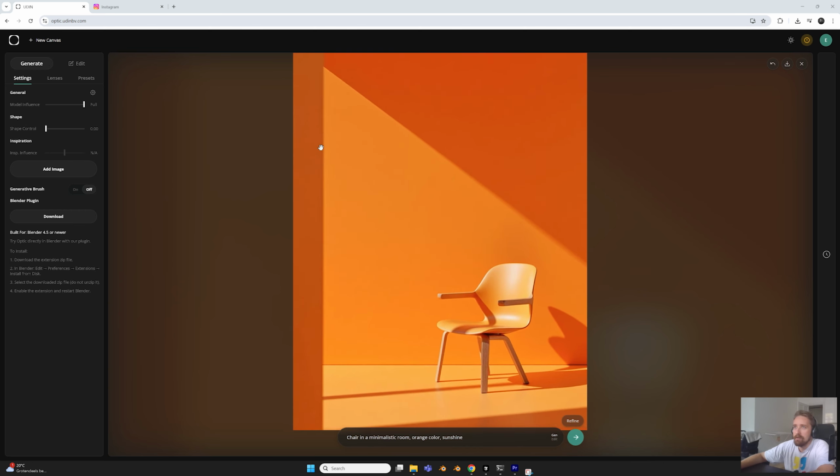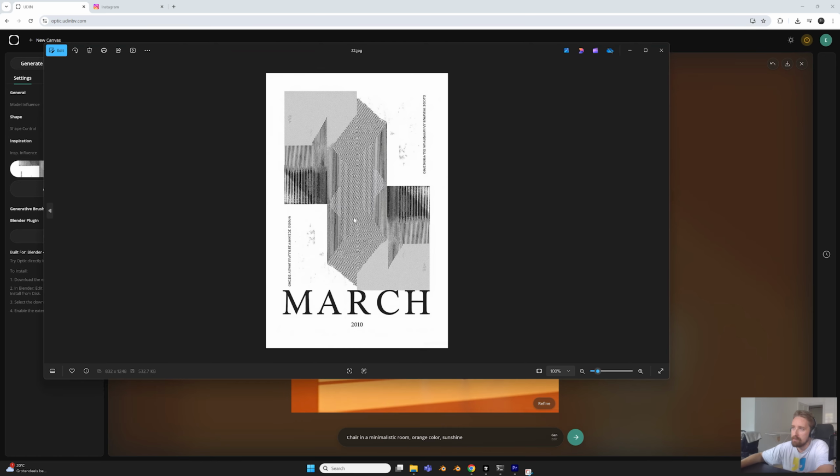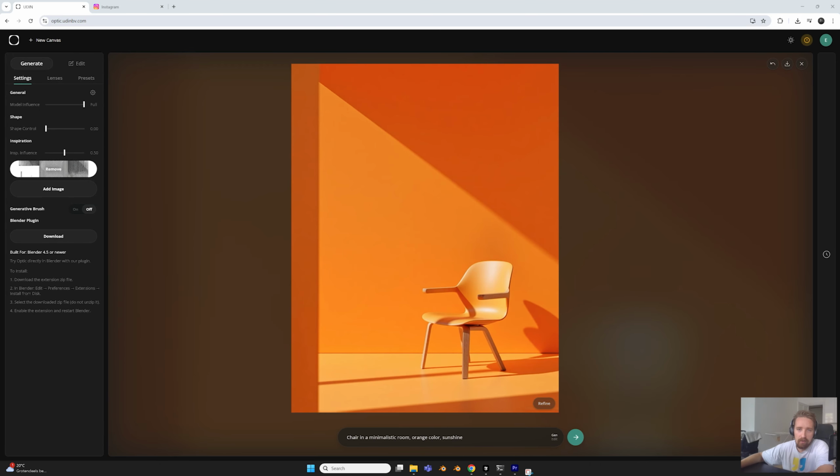One additional feature I can show here is that obviously we have inspiration image already, but now you can actually add 2 inspiration images. So I'll take something graphical. So I take this poster as inspiration. I don't know what I will do with that, but just to see how it affects the generation. Then we can pick another one,